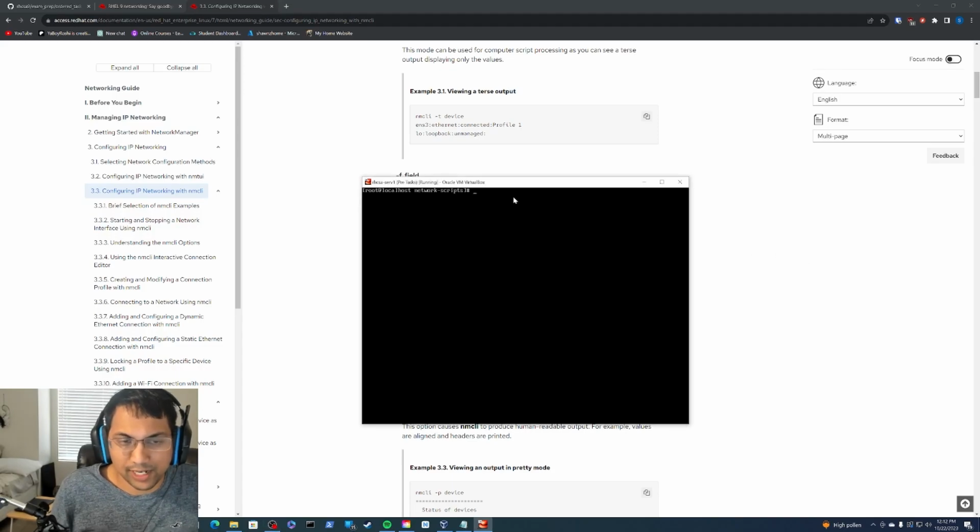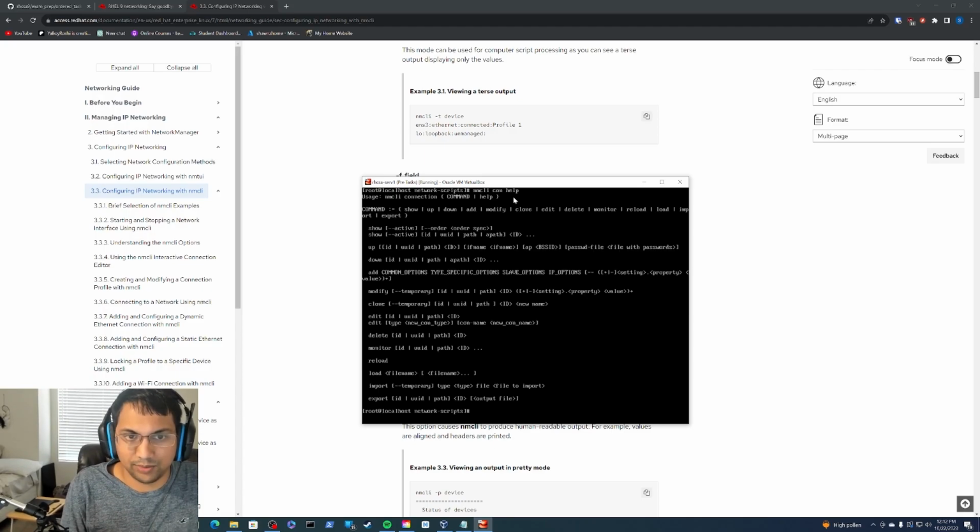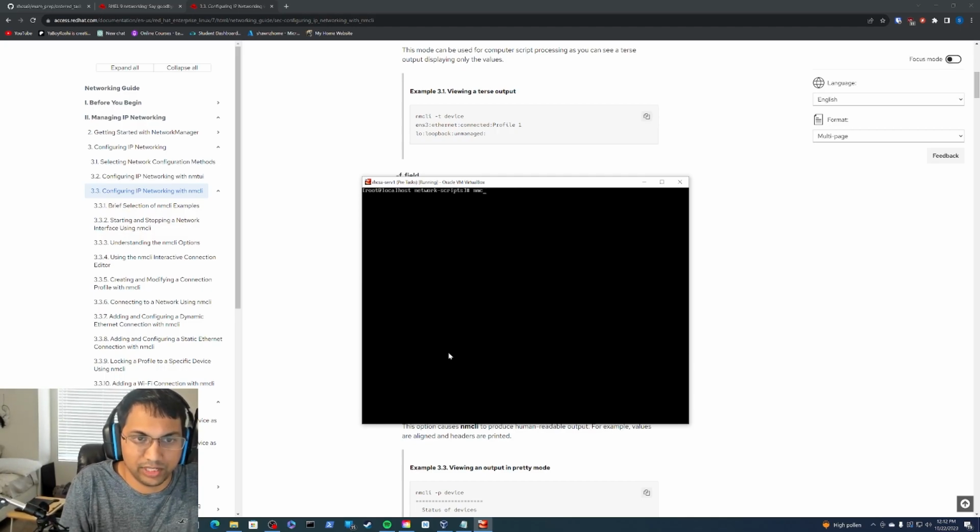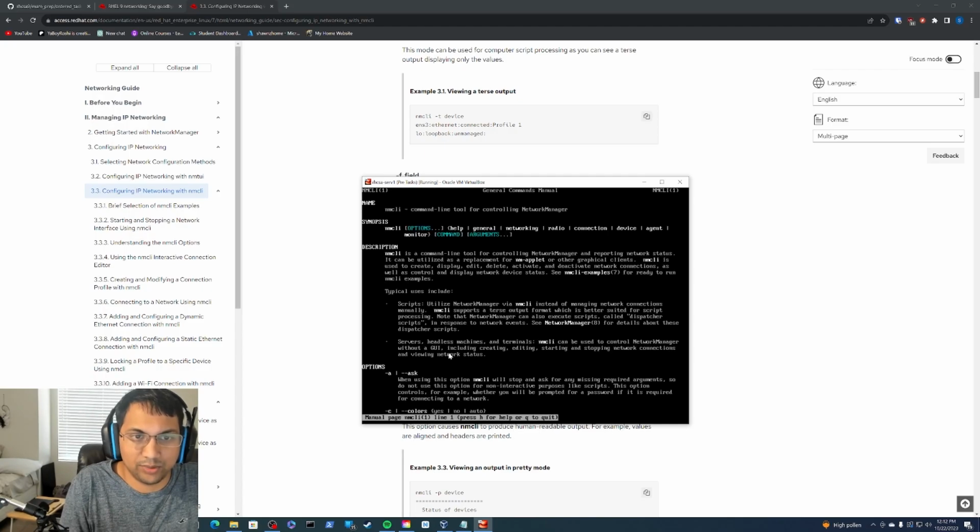But for right now, I did want to briefly talk about the context sensitive help for nmcli, which is actually pretty decent. So we can do things like nmcli conn help. It'll show us specifically the help for nmcli con. So it shows us basically we can do con show, up, down, add, modify, clone, edit, all this. And it's actually pretty good compared to doing man nmcli, which